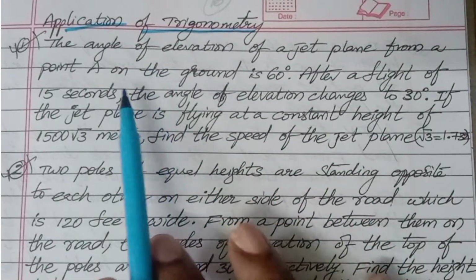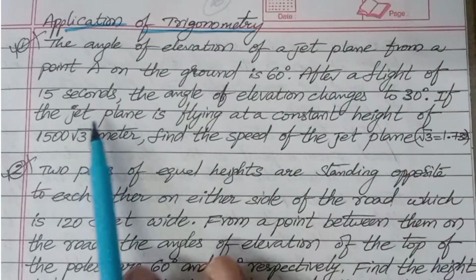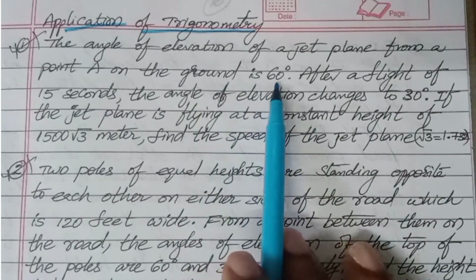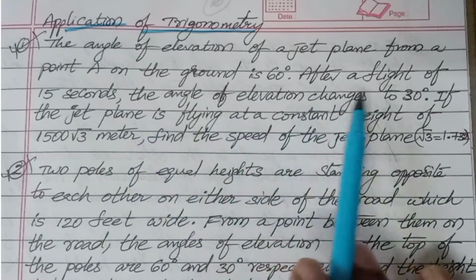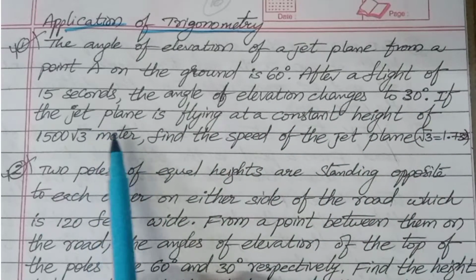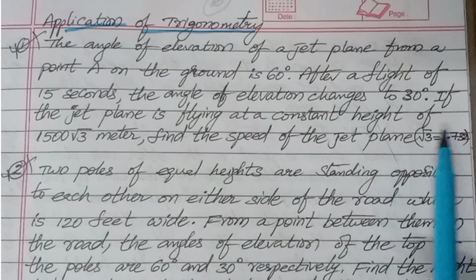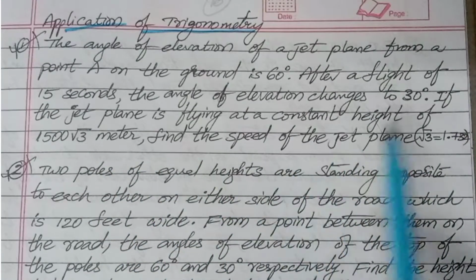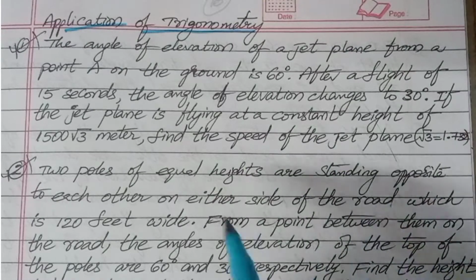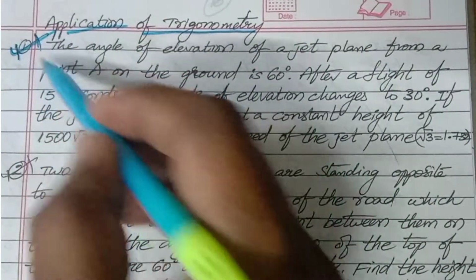So the first question: the angle of elevation of a jet plane from a point on the ground is 60 degrees. After a flight of 15 seconds, the angle of elevation changes to 30. If the jet plane is flying at a constant height of 1500 root 3 meters, find the speed of the jet plane. This problem is very, very important. Next,